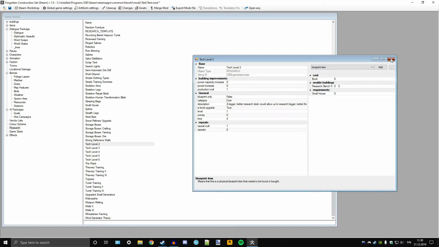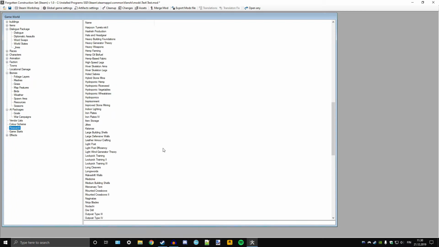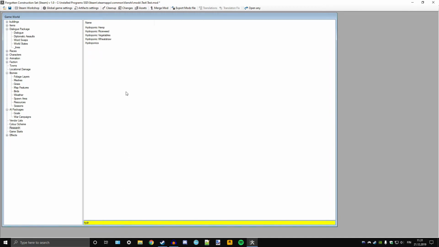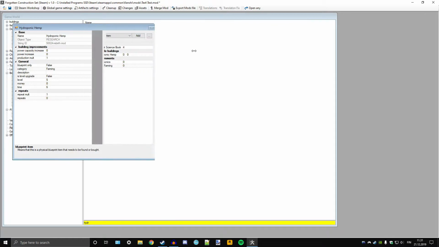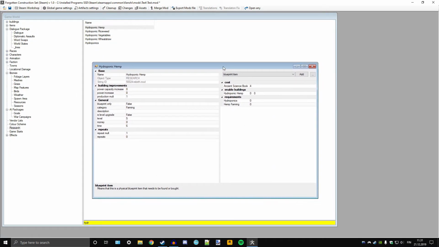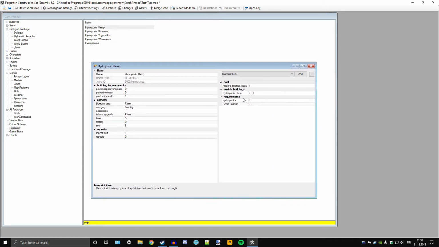research. So this is pretty self-explanatory as well. If you want to add new things, you can choose. Let's say you're adding, I saw a mod for hydroponic hemp. So let's see, hydroponic. Oh shit! It's actually here. Weird. I'm not sure if it was in the vanilla game when I've last been editing. But anyways,